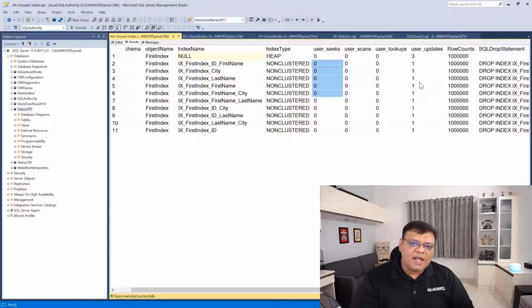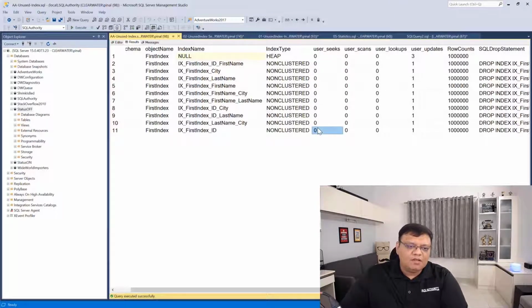Now, this script is accurate from the last restart. So since your last restart, it combines the data. So it's always a good idea to use this script once you have been using your system for some while, maybe 1 week or a month. And then come back over here and start evaluating your indexes.